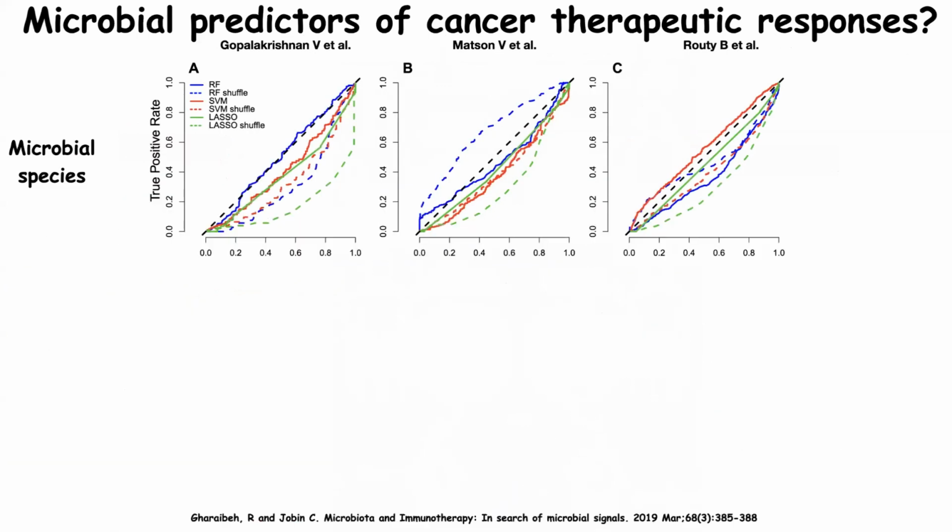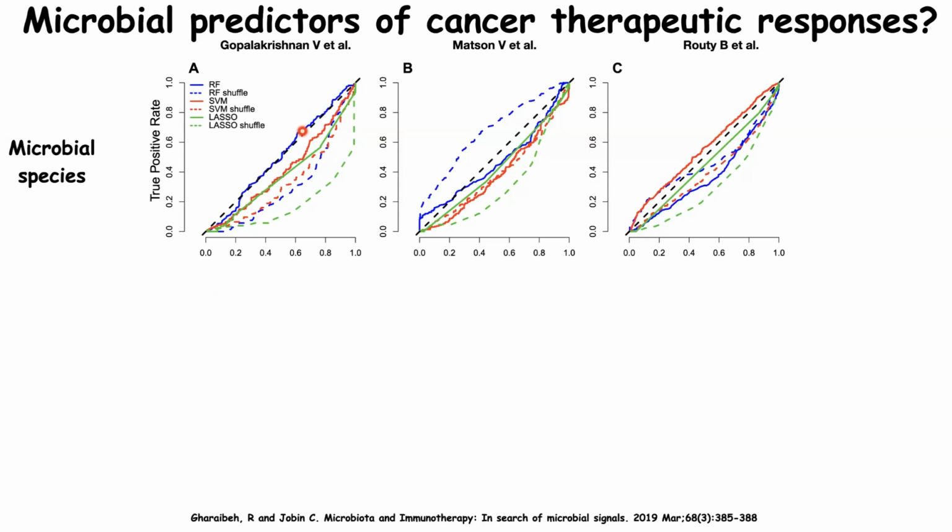We were very interested in that, and we downloaded all the data that this group published, and we ran machine learning, a form of artificial intelligence. The data were assembled because it's whole genome metagenome. We could assemble them to define microbial species. And we ran 3 different machine learning methods: random forest, support vector machine, and lasso. And a predictor of